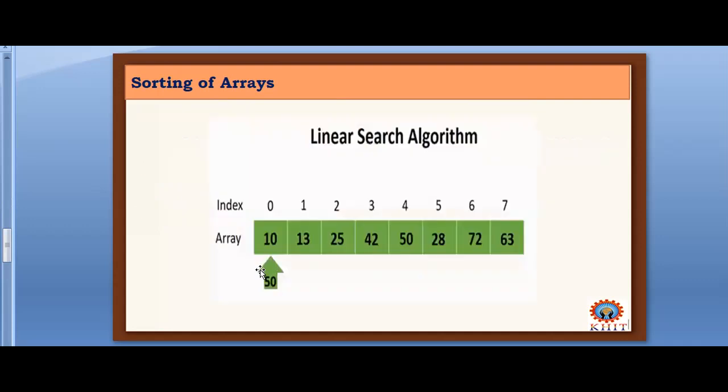In linear search, whatever the searching element is, it is compared with each and every element in the array. We compare each and every element in the array with your required key. If your required key is found at some particular location, then you print that location. Otherwise, you simply print that the element is not found. This is called linear search.